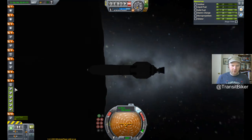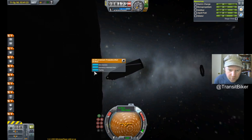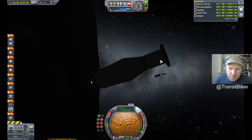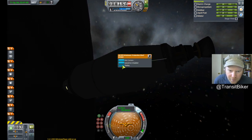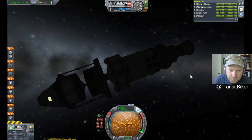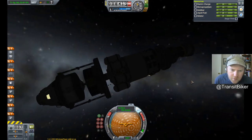Okay. So we're gonna jettison this dude. We're going to deploy. And we're going to separate. All right, so we do have a third stage. I actually forgot about that, but I don't think it has a fuel tank at all. No, it doesn't. So we're going to deploy. And we're going to deploy. So now we are going to send